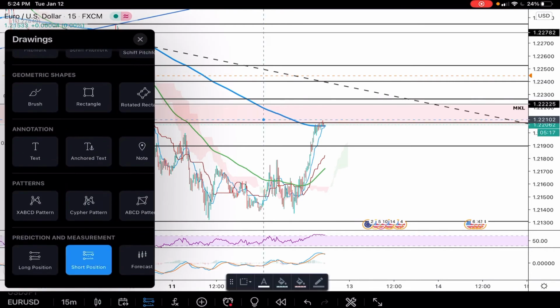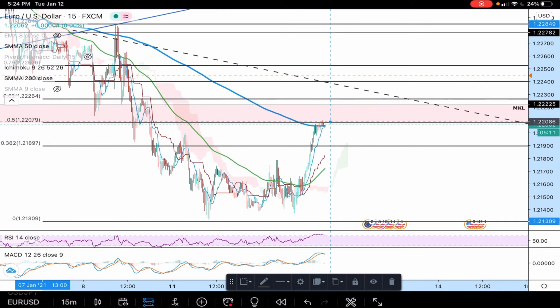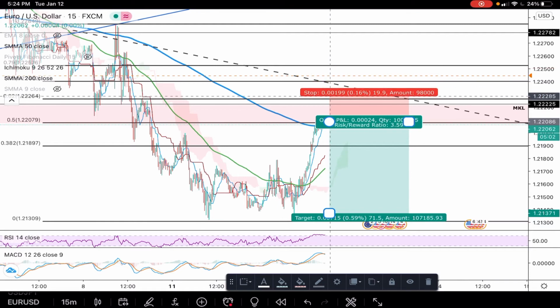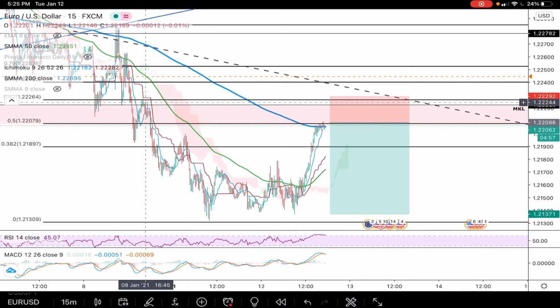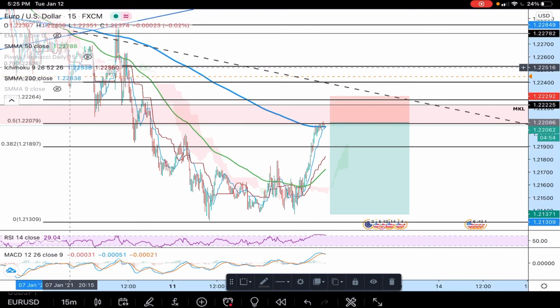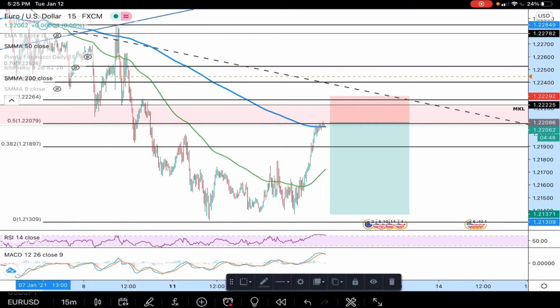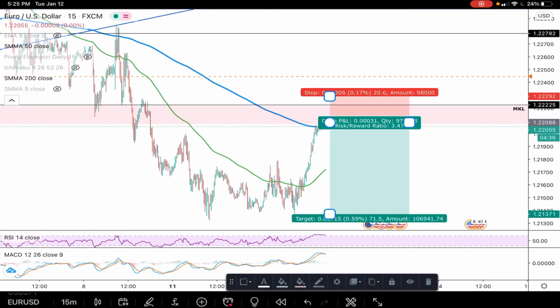But this is what I would do. I'll set up a short, say right here at the 50%. I'll take it down to the previous low, which is 71 pips, and cut this down to above market structure, which would be, if you're following my crosshair, I know it's a lot going on right now, this area right here. I'm going to take the Ichimoku off because it can get confusing. And I'm going to hide this fib. So this would be an example of a very good trade if you're risking 1%. You're risking 20 pips